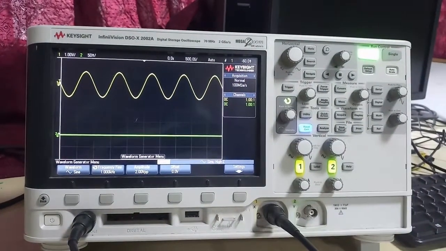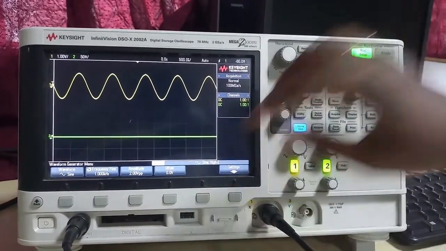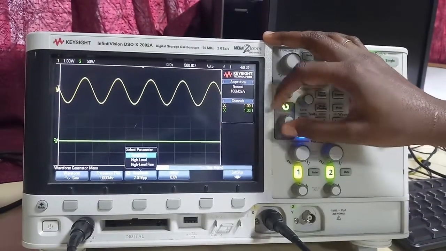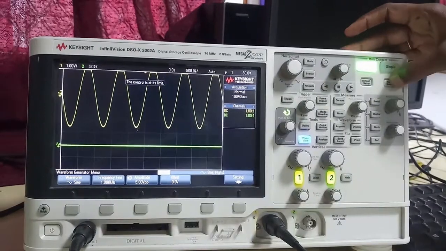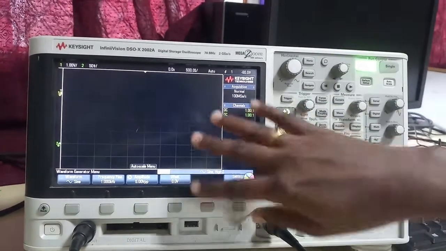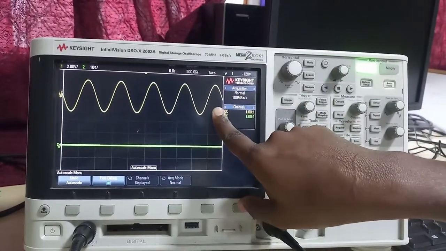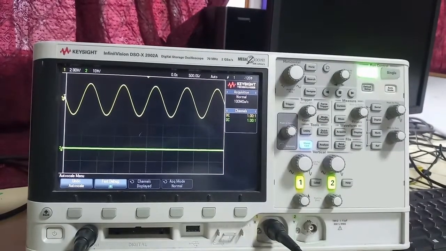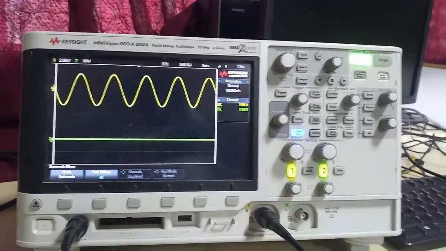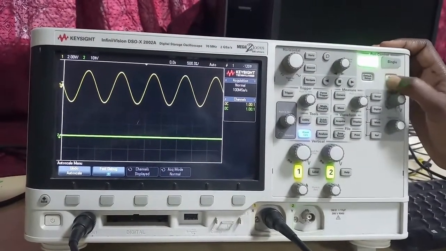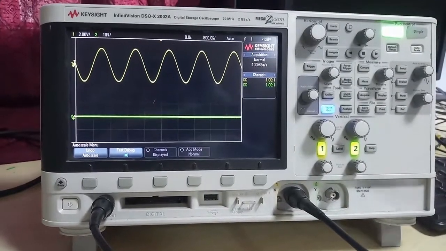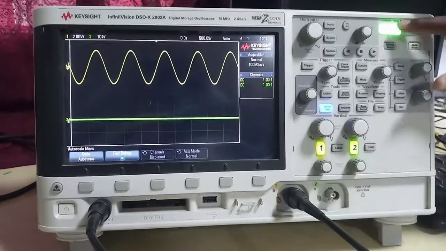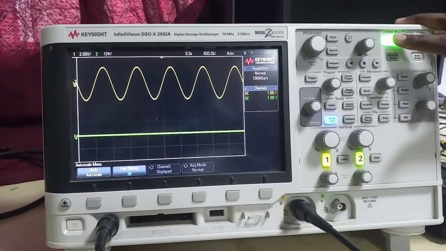So now we have generated a waveform. If you have a waveform like this and you press auto scale, automatically the waveform will be scaled accordingly and viewed in a proper viewing form. For that the auto scale is used. So now we have seen about WaveGen and the run control, run or stop for single stop.